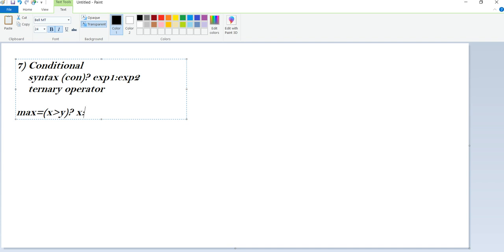Whenever x greater than y is satisfied, it will take the first value, otherwise it will take the second value. This is how it satisfies the condition.